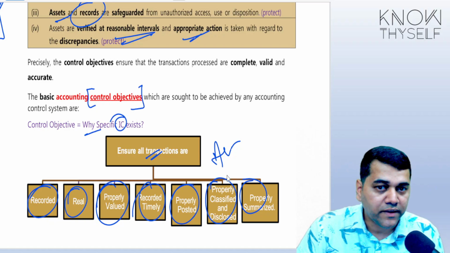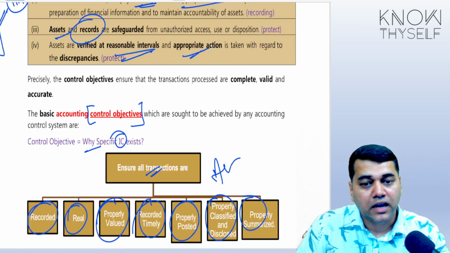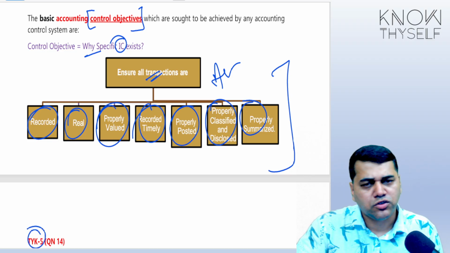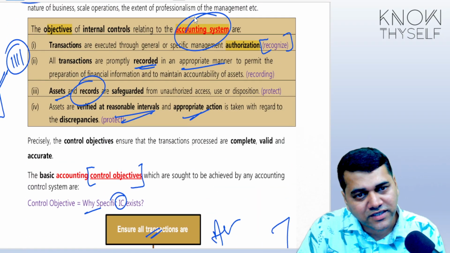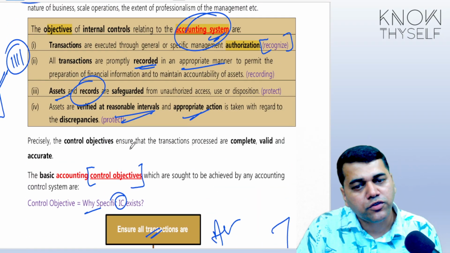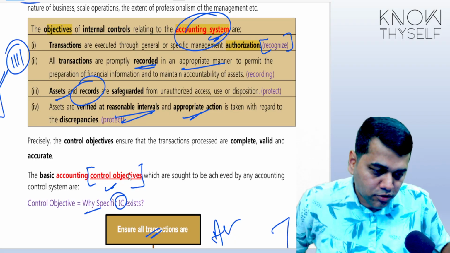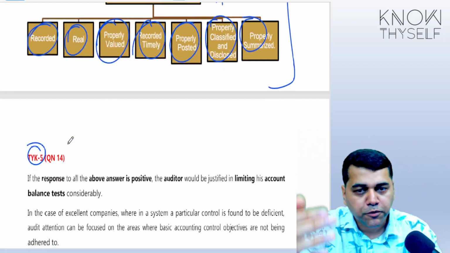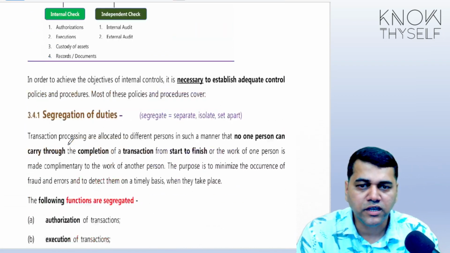So in the Q&A, they use the word accounting system and they explained this particular thing in the test your knowledge file. So to be on the safer side, you do one thing: write the objectives of the system and the objectives of the controls also. I hope you are very clear, students, with this. No confusion. Okay, then we proceed further. When we proceed further, one more thing we will come across.